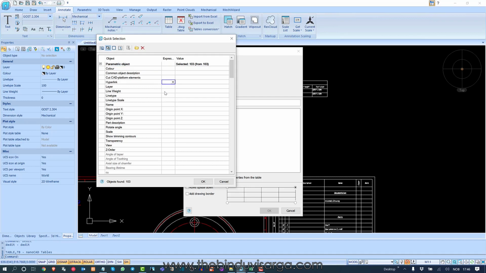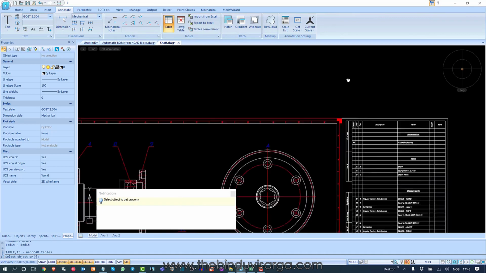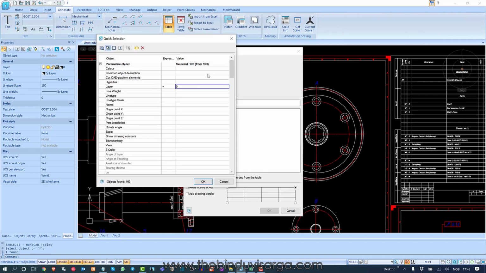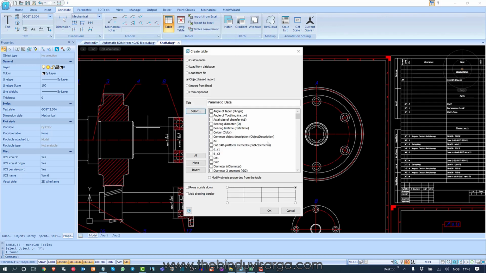So for instance, if we need to select a specific layer, we can say I need all the objects which are in the specific layer. So we can choose some objects. Maybe we can say that this is the layer. Now it says that it's a 0 layer, and everything, all the parametric components in the 0 layer, right? So we will click OK, and again we will have to choose the type of the headers of the table,